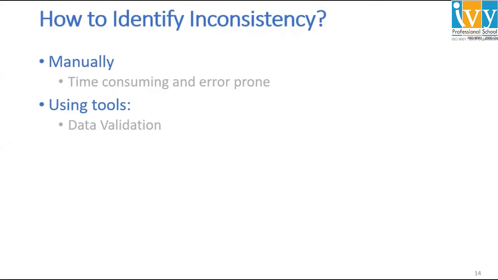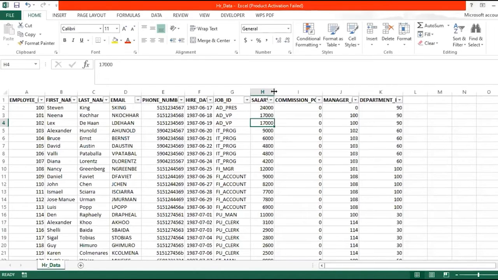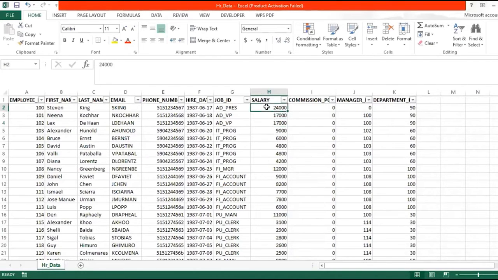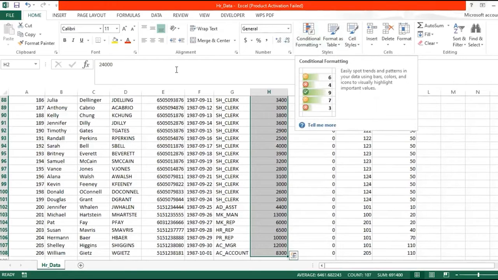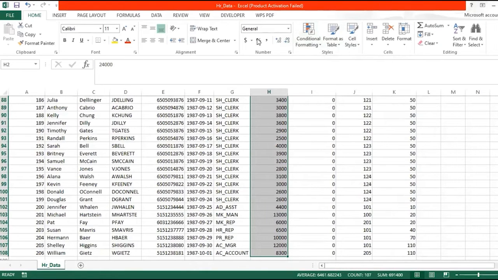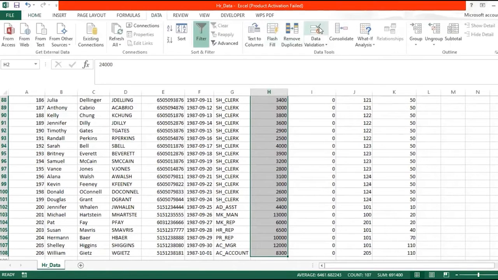The first way is data validation. We'll have to set a criteria for the values and then circle invalid data. So let's look at a data set and see how data validation will work on that. Say we have a HR data and we have a column of salary and we want to find salaries in the range of 5,000 to 50,000 and discard all other salaries. So we select the column, go to the data tab, and there's an option of data validation. We click on it,